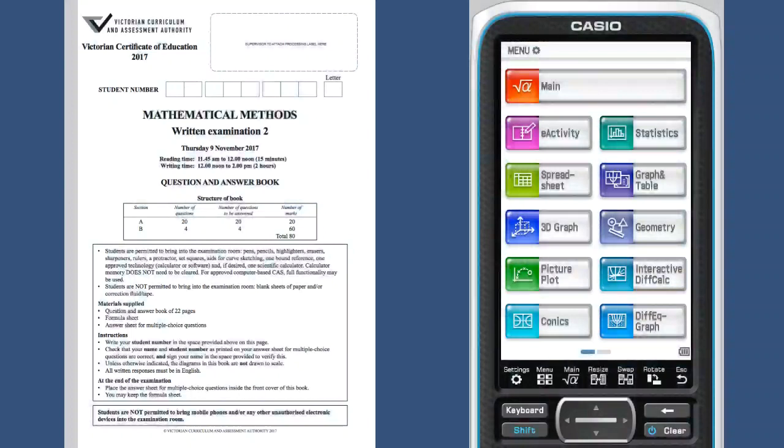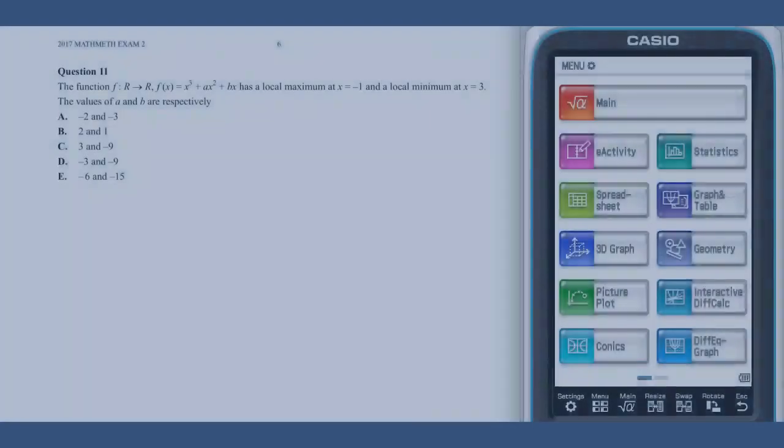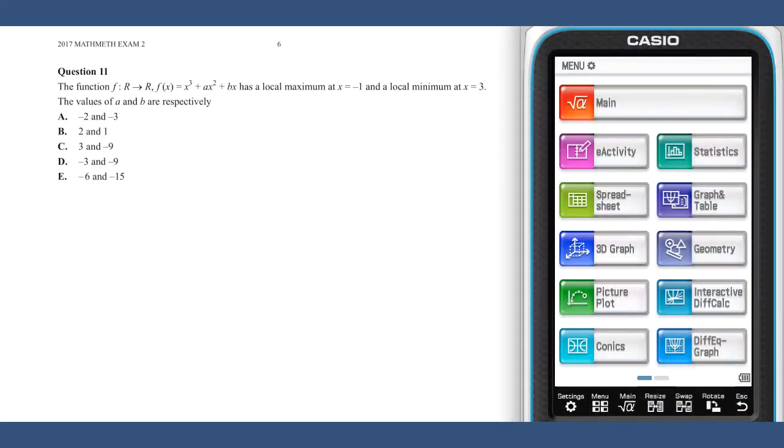This video will show solutions to the 2017 VCE Mathematical Methods Written Examination 2. Section A, questions 11 to 15. Question 11. We need to find values of a and b given a function f of x and information about